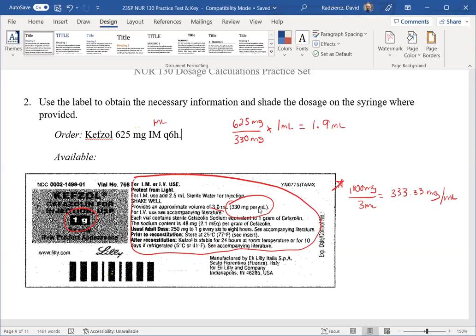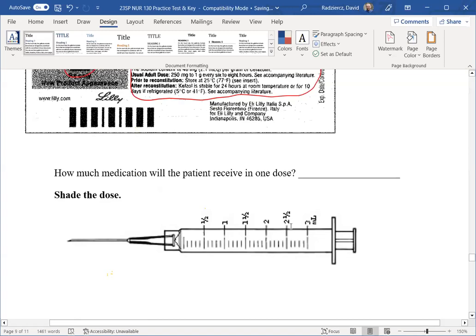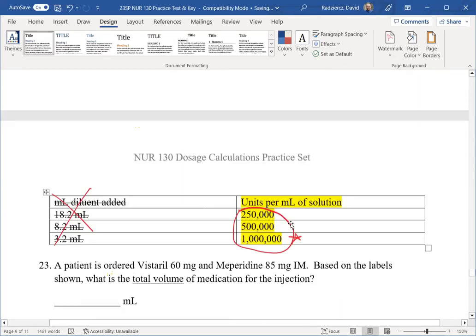Okay. But notice I didn't use the 2.5 milliliters. I didn't even use the 3 milliliters when I was solving my equation. I just looked for the strength, just like I would look for the strength of Dilantin, which was 125 milligrams per 5 ml. Same concept. All right. And then you would just mark on your syringe. I think you can do that. And then